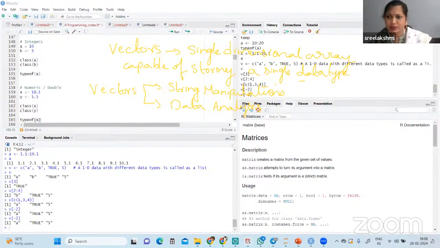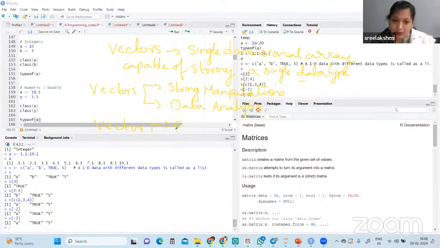So friends, I'll ask you a simple question. What is the literal meaning of a vector? You might have studied it in physics or maybe mathematics. Any idea, friends? Okay, let me tell you. We have scalar quantities and vector quantities. Have you ever heard about that? Scalar is different. A vector is a quantity which is